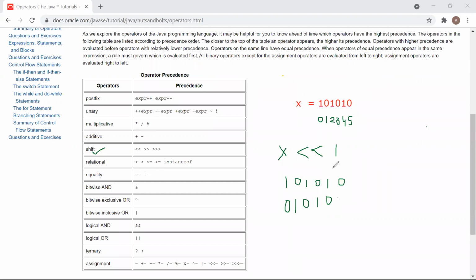Let me repeat once again. You have this data. My question is you have to shift it one bit toward your left. So this 0 will come here, 1 will come here, 0 will come here, 1 will come here, 0 will come here. But if you take the 1 here like this, then ultimately you are getting the same, right? Then what is the reason for shifting? So it's not like that. So here, this 5 digit you are going to add, okay?